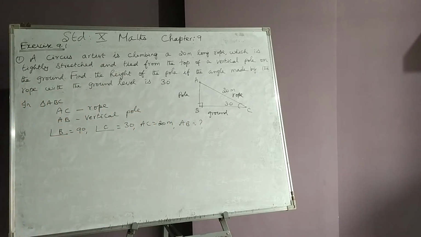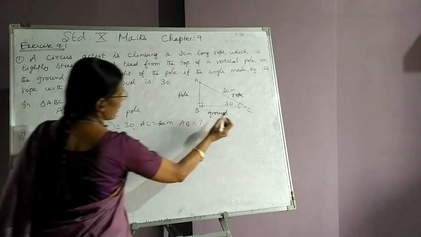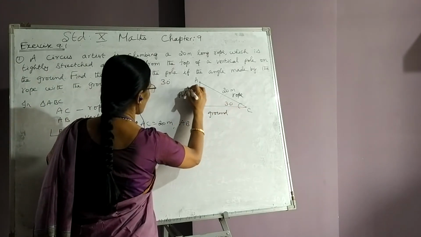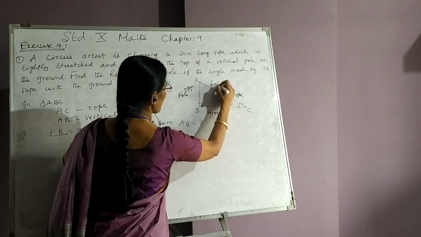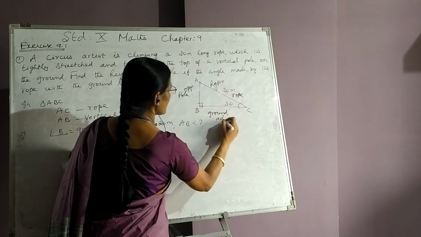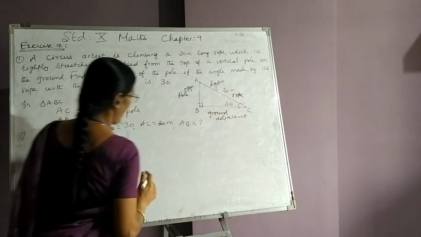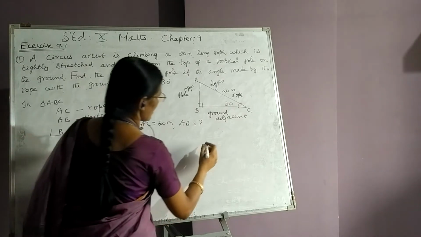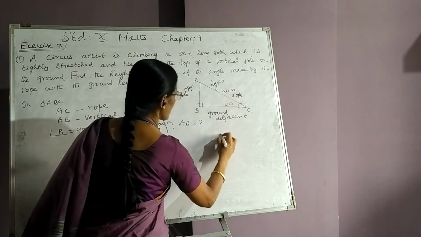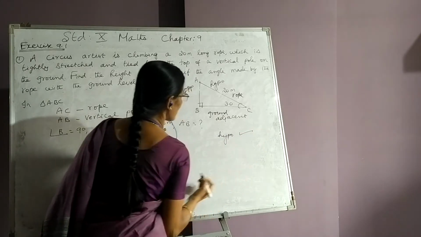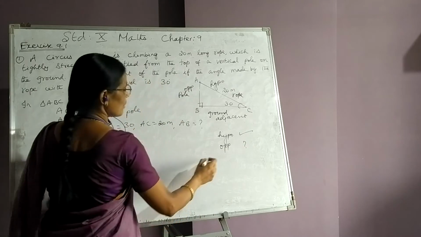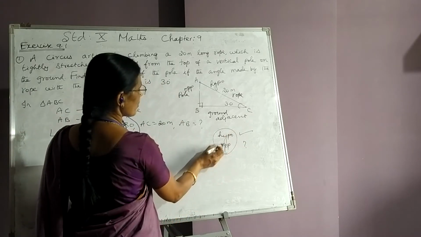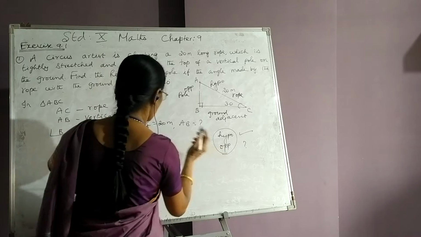Right? A very simple question. Here too we are going to use a trigonometric ratio only. Considering angle C, this AB becomes the opposite side. 90 degrees is at B, therefore this becomes our hypotenuse. Therefore, this becomes our adjacent side. We are given 20 meters for the hypotenuse, and we are asked to find out the opposite side, right? Among the first three ratios, which ratio involves these two? It is nothing but sine.